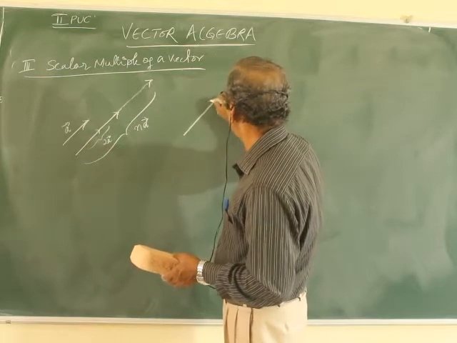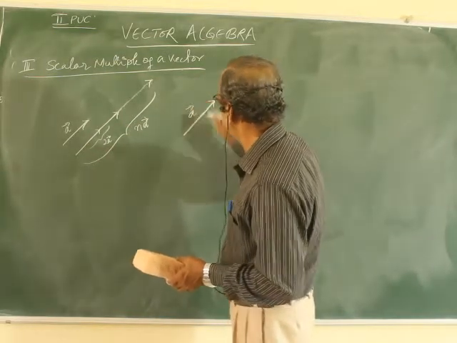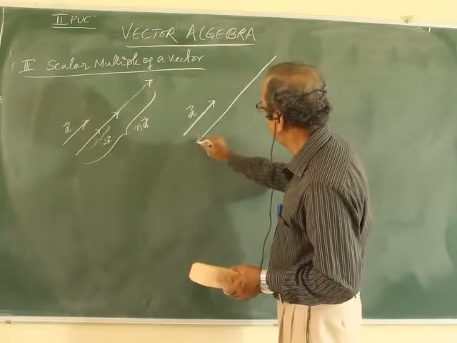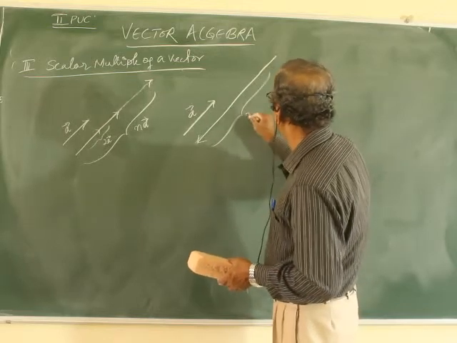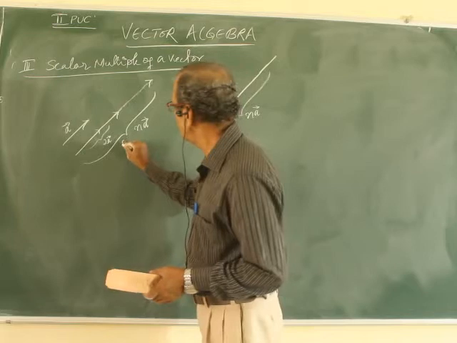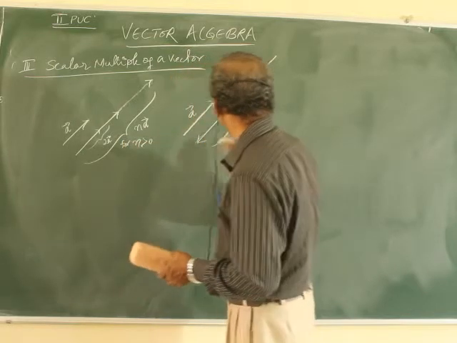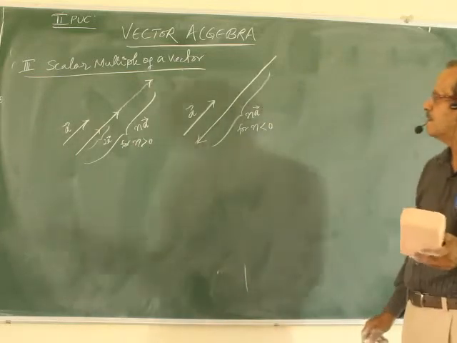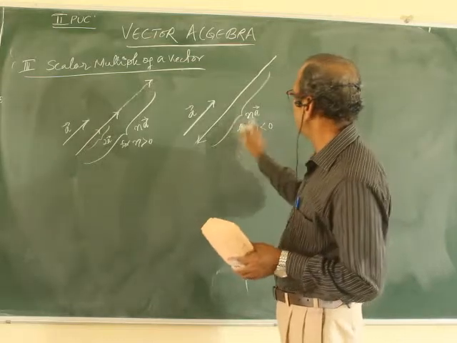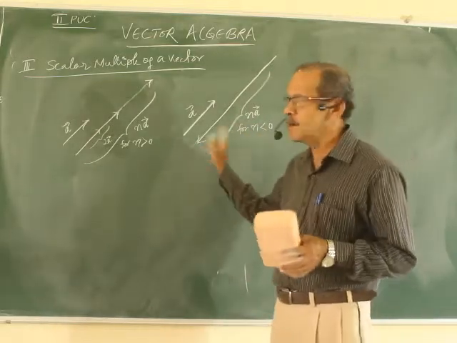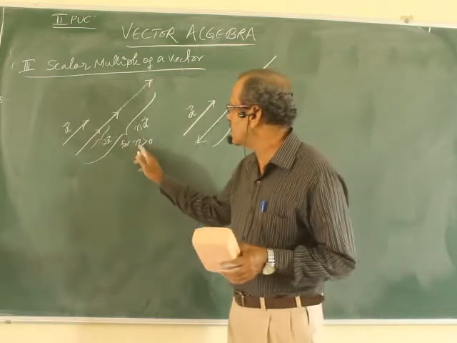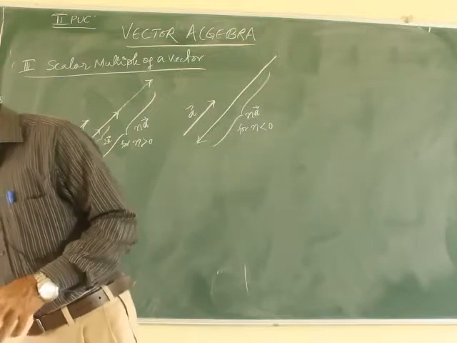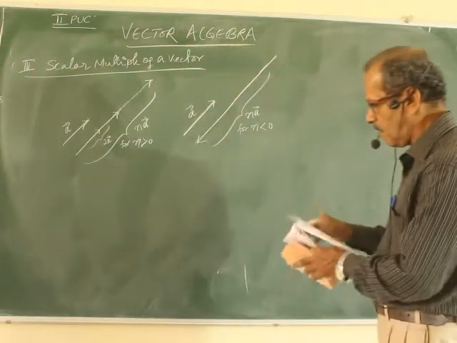If it is negative, let me draw the figure here itself. Vector A, but remember, your n into A will be quite opposite in direction. This is for n greater than 0. For n less than 0, remember, very important thing, this is n into A, correct? But n is negative here. Direction will be opposite. If n is positive, greater than 0, same direction. Right? So, let me write the explanation now.